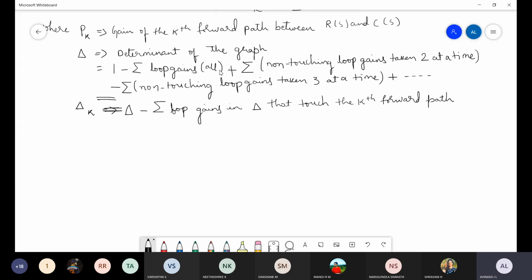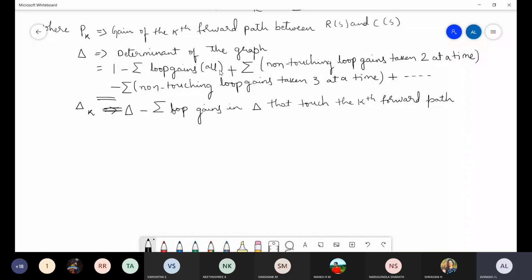So that means we now have the value of delta. In that particular delta, let us consider a scenario where 2 forward paths are there. For 2 forward paths, 2 P's will come and 2 deltas will come. Let me explain all these things in terms of a numerical example. But as of now, we just understand what the formula looks like.